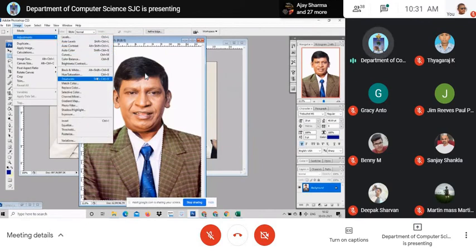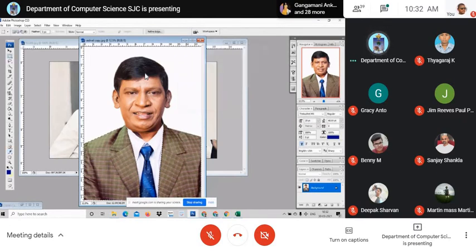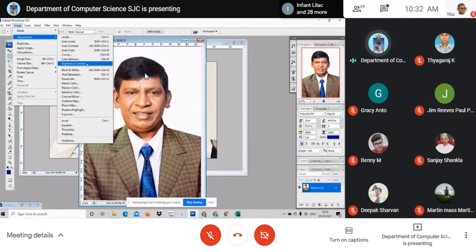Now desaturate. Hue saturation, it is Control U. So hue changes the color, and the saturation increases or decreases the strength of the color, and the brightness or light. You can see here the lightness. You can make it darker or lighter. So these are all these three details. Right. We move on to the next.